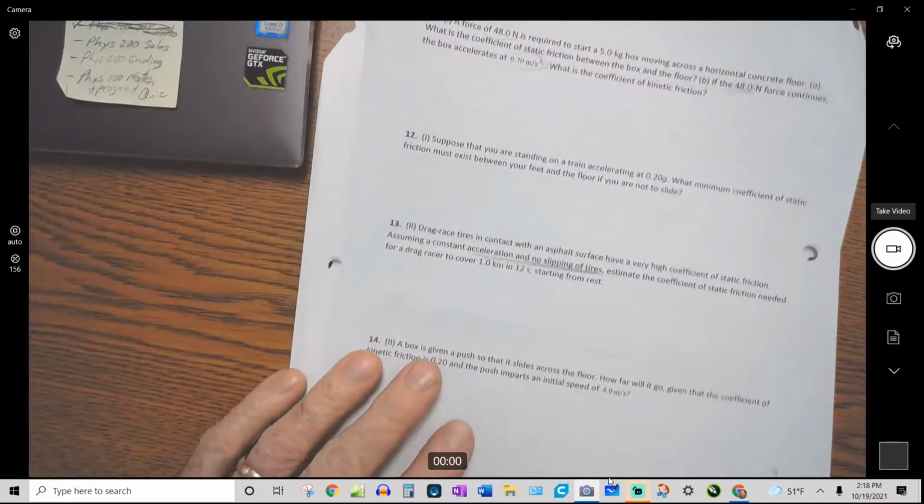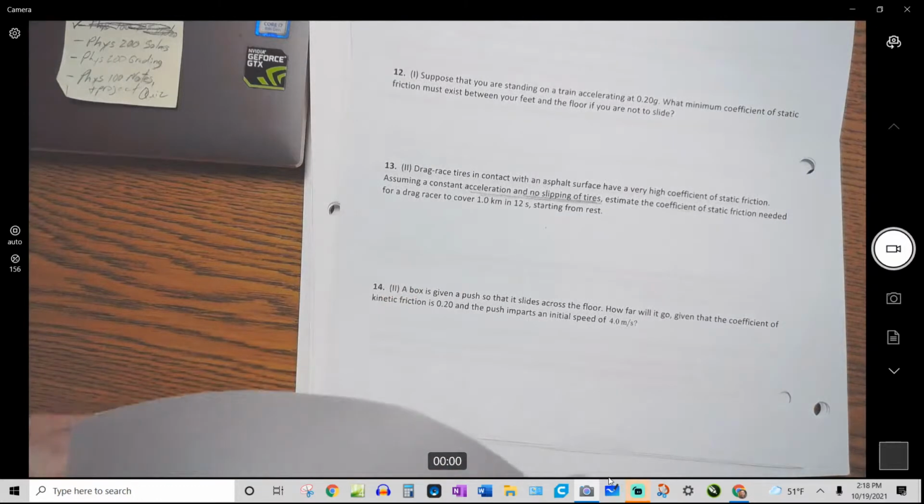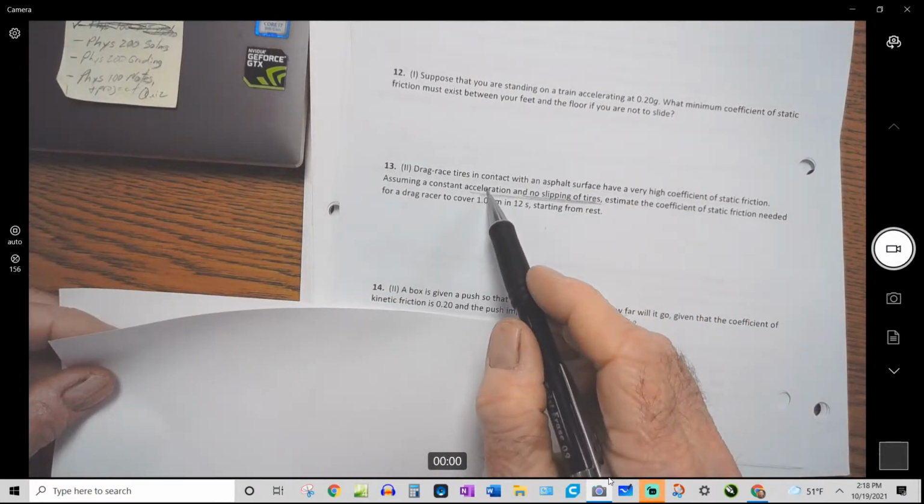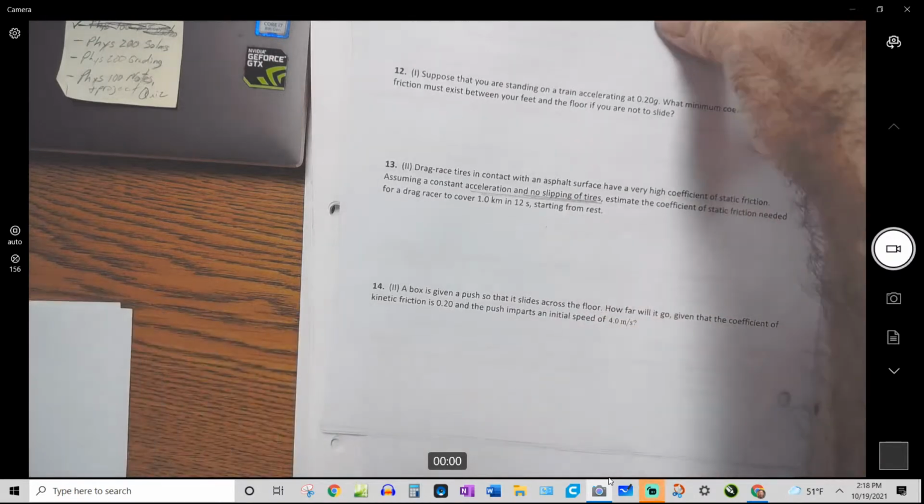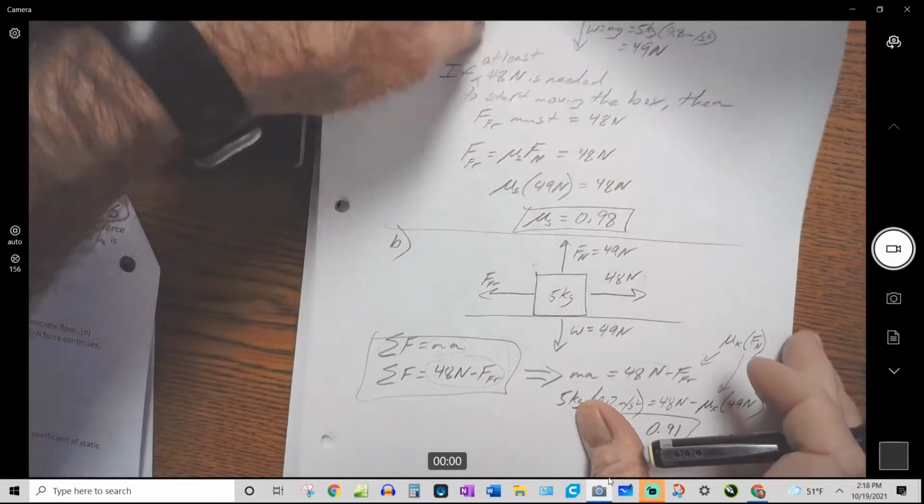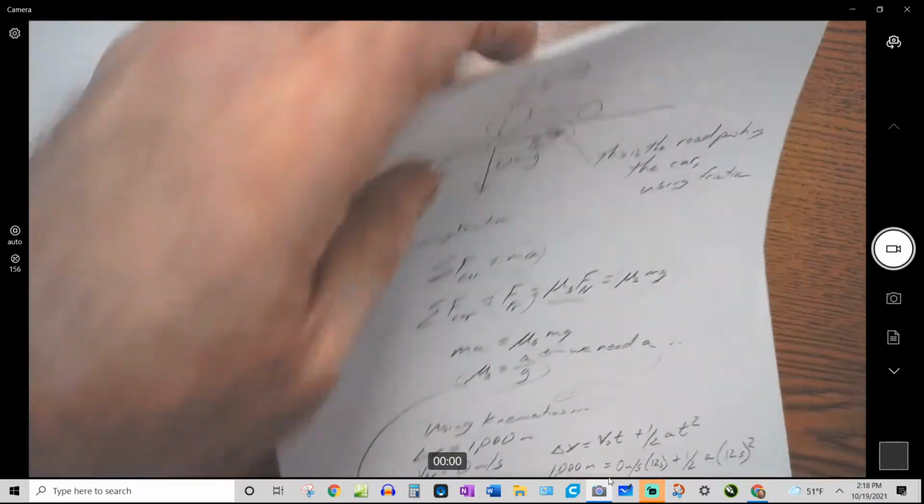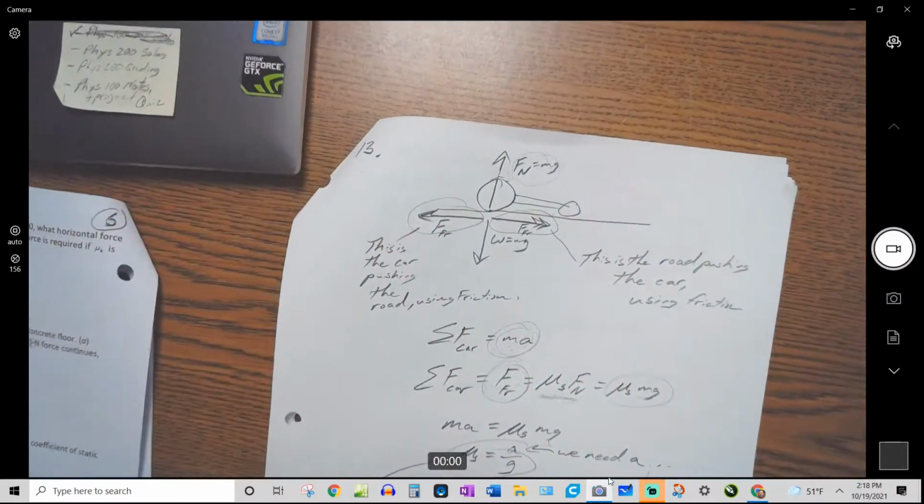I'm just going to draw a picture first, but this is about the drag racer and how drag race tires work. Let me jump to the picture, and then I'll get the basketball out. So in my picture, I have